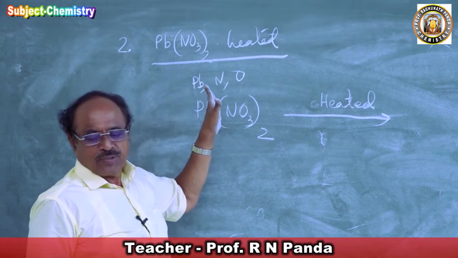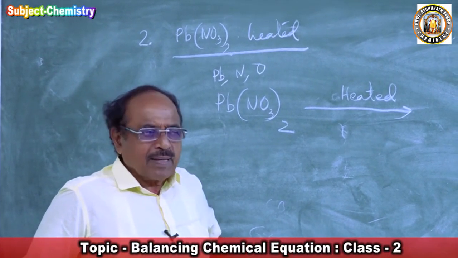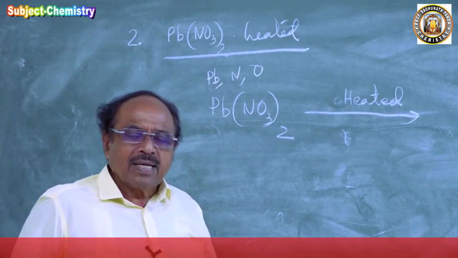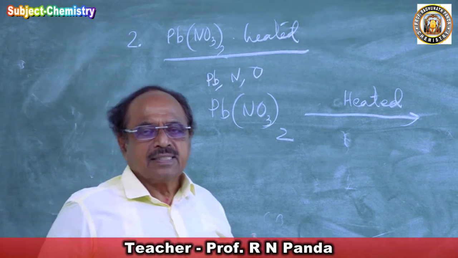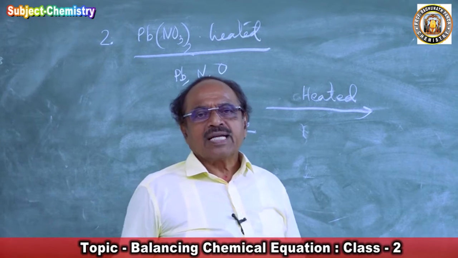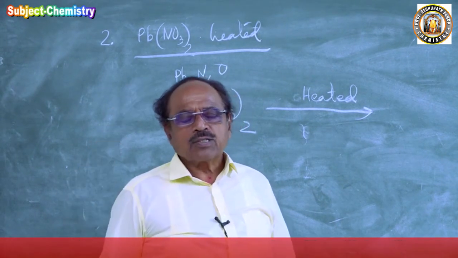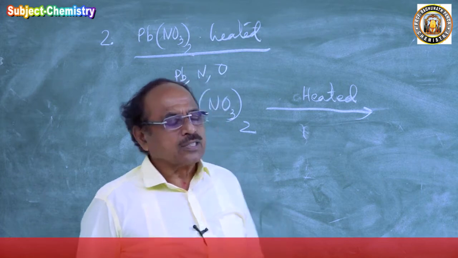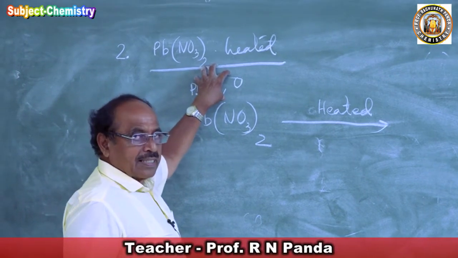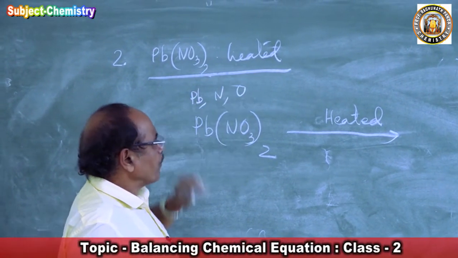You see, I am using the knowledge of the periodic table. I have not taught you the periodic table, but I have shown it to you. But one thing: the larger the group number, the larger the electronegative character. As you go from left to right, the group number increases, so electronegative character increases. If you go down the group, electropositive character increases. So here lead is positive, nitrogen has a negative character, and oxygen has a negative character, oxygen being more negative than nitrogen.